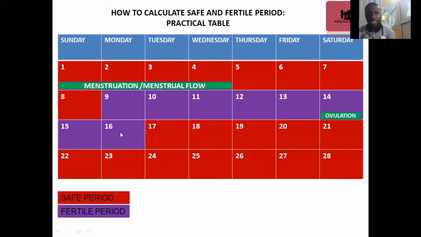The reason why I made it the second day after ovulation is because there might be a physiological change, those factors that we can't even explain medically, that might just occur and still give you that chance. But the most fertile period can be termed as even the 42 hours before ovulation and just 24 hours after ovulation is your fertile period.